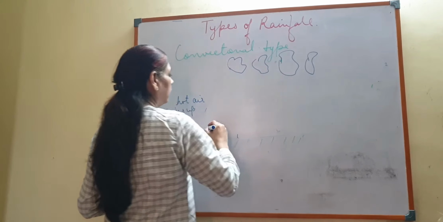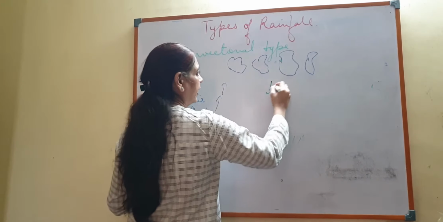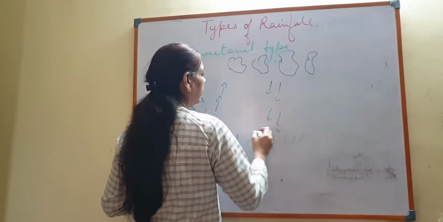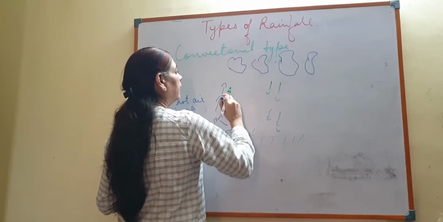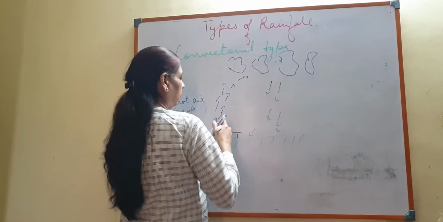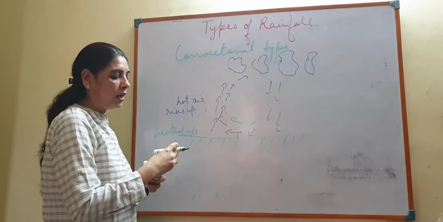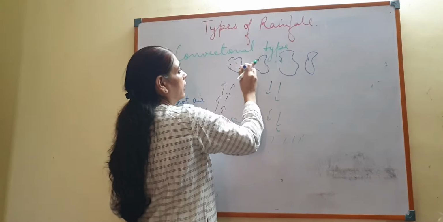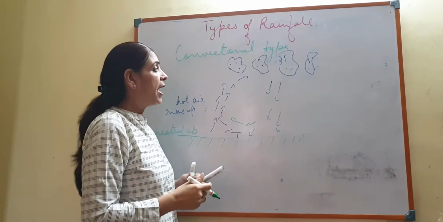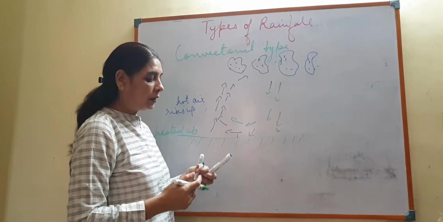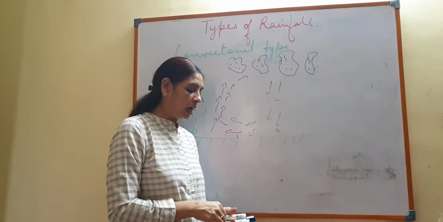The hot air rising up and the cold air sinking down creates a convection current, and air gets saturated, a lot of water evaporates and clouds are formed, and once the clouds saturate,